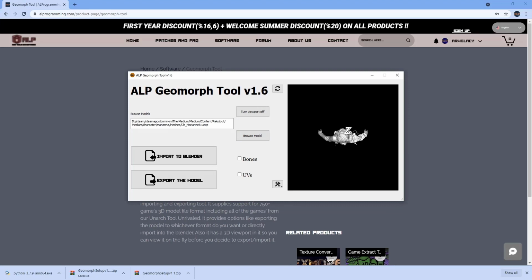And yeah, here as you can see the Marianne's model, you can use your mouse to navigate around. You can use right click to zoom in, zoom out, middle click to move it, and of course left click to rotate it. It's a bit hard to navigate. We are currently working on that. In fact, with the next patch, the navigation will be improved, but right now the controls are like I said,